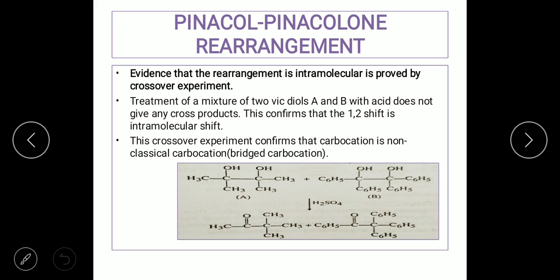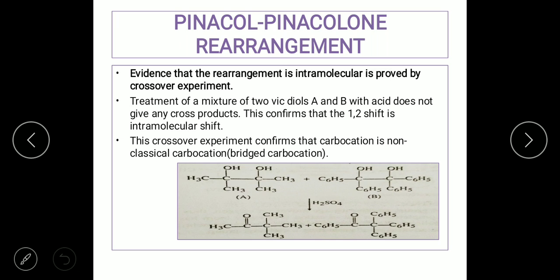See how we can prove that. When you look at these functional groups, they have been retained in the products. There were methyl groups, and again there are methyl groups, and you can see one of the methyl groups has migrated in place of the hydroxyl because the water has been eliminated. In both of these, all the functional groups have been retained. It is not that the phenyl group has gone into product 1 or the methyl group has gone into product 2. That is not possible. That is the meaning of cross product. Here there are no cross products formed.